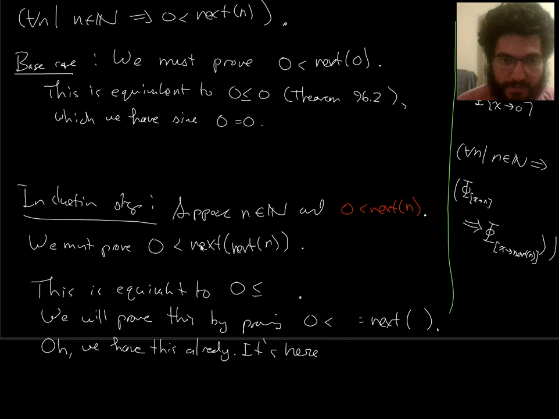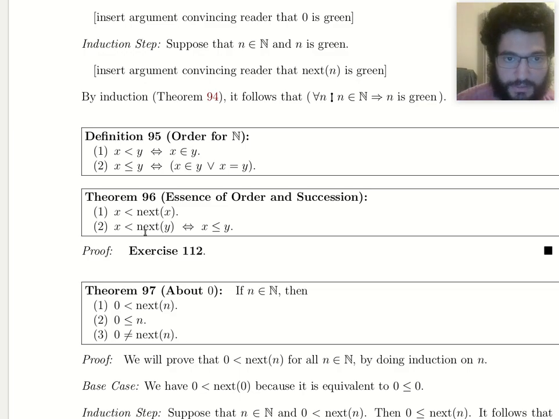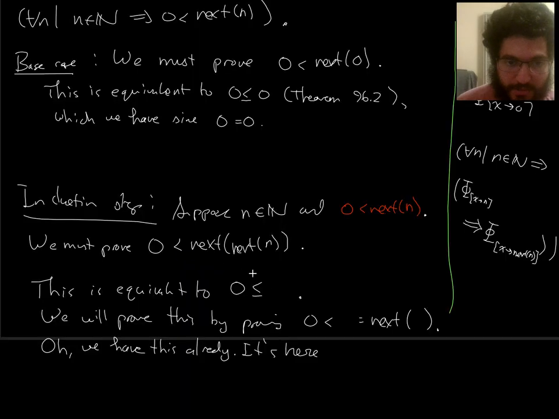We're trying to prove 0 is less than next n, and less than next of something, thanks to this one, becomes just less than or equal to. So this is equivalent to 0 is less than or equal to next n. That's what's inside here. And then we'll prove this by proving 0 is less than next n,